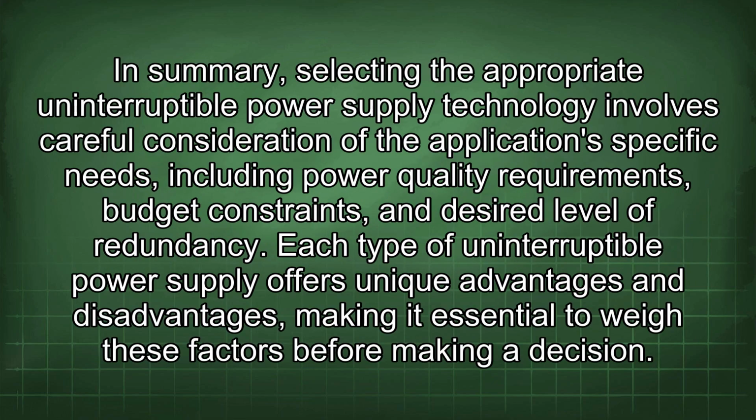In summary, selecting the appropriate uninterruptible power supply technology involves careful consideration of the application's specific needs, including power quality requirements, budget constraints, and desired level of redundancy. Each type of uninterruptible power supply offers unique advantages and disadvantages, making it essential to weigh these factors before making